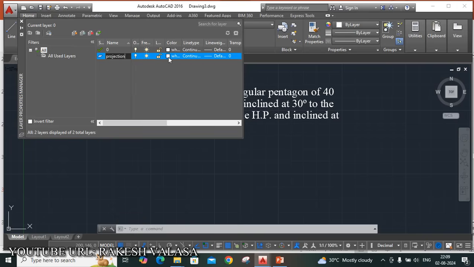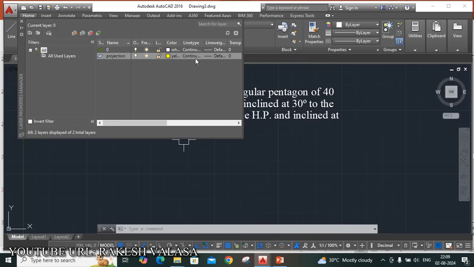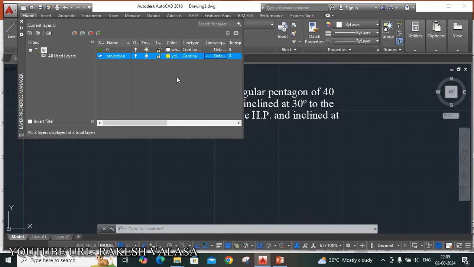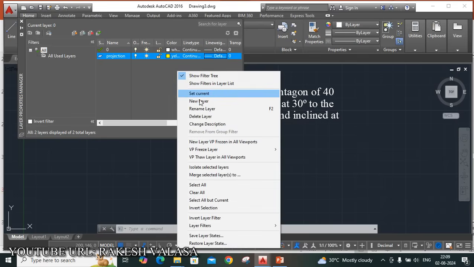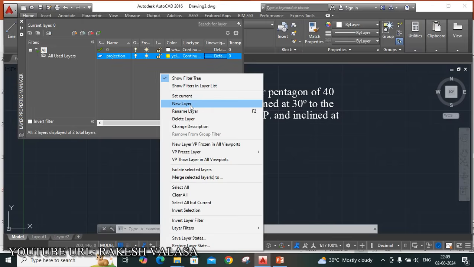Give the properties. I am taking yellow as the projection color. Then click on OK. Next, here the projection line should be thin. That's why I am selecting the default line weight. Then click on OK.